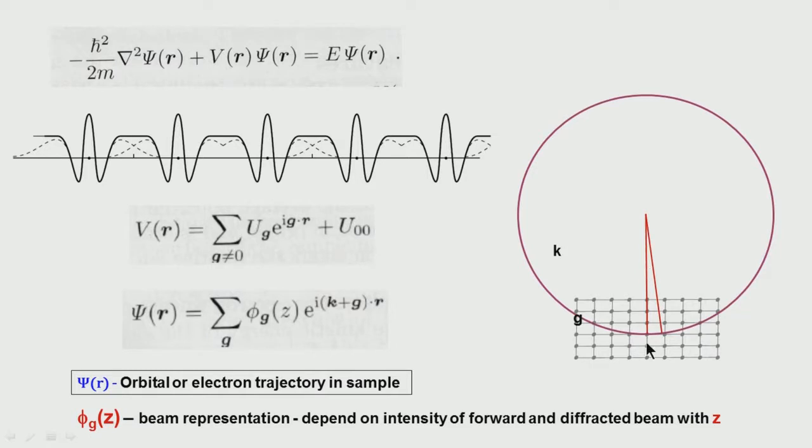This is the direction k in which the beam has entered. If this is the next position which corresponds to a reciprocal lattice position, or the atom positions, the reciprocal lattice also will be with an inverse in this direction. You assume that this is a reciprocal lattice, then from here to here what does it represent? G. So, this vector will represent the beam, the direction in which the diffracted beam is coming. This will represent a diffracted beam coming in another direction, and this another. So, these terms are essentially k plus g over all g values.